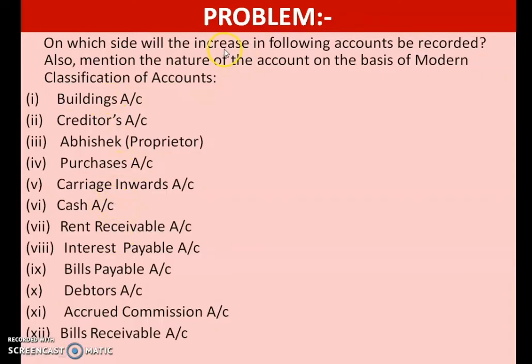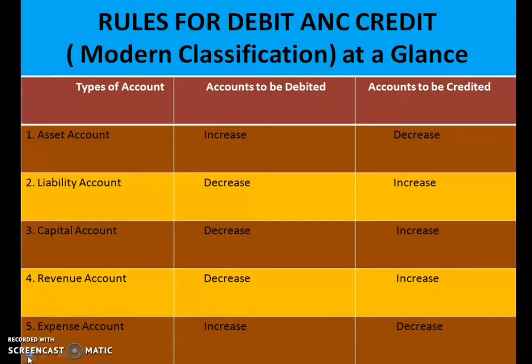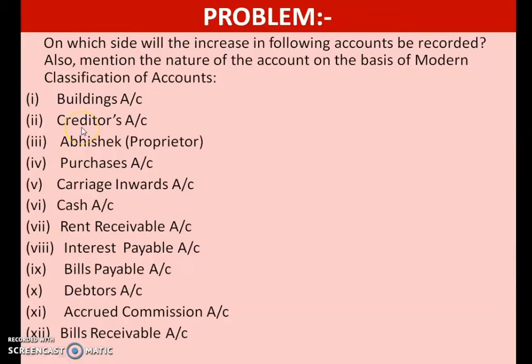Now they want you to classify these accounts if they are increasing. So if building is increasing, in which account will you show it? So building account, what is it? An asset. You know that building is an asset. So if asset is increasing, what is the rule? Asset is increasing, debit it. Okay, so that is how you study this: asset increases. Building is your asset, it increases, so which side do you have to show? Debit side.